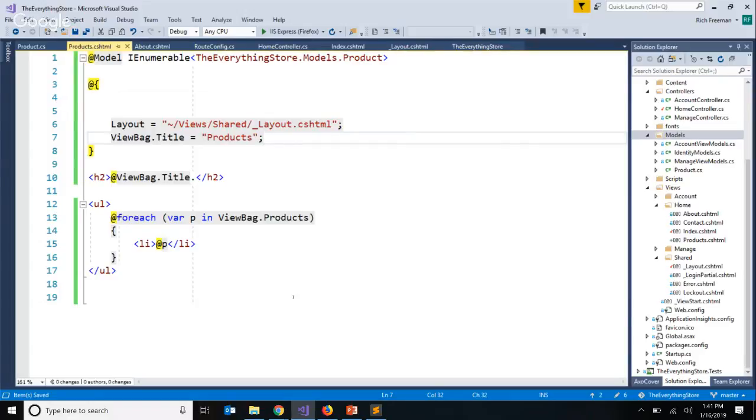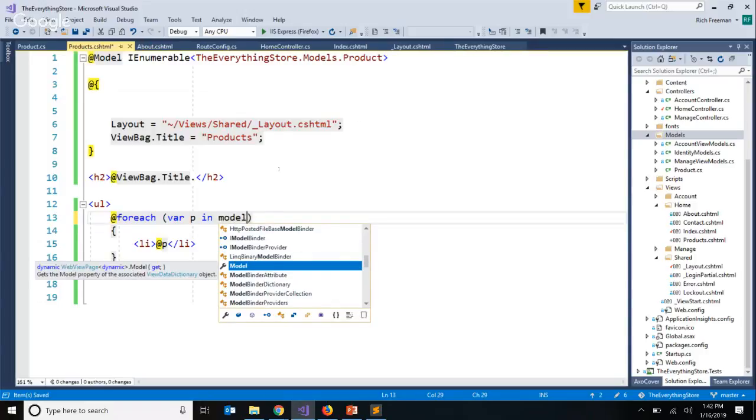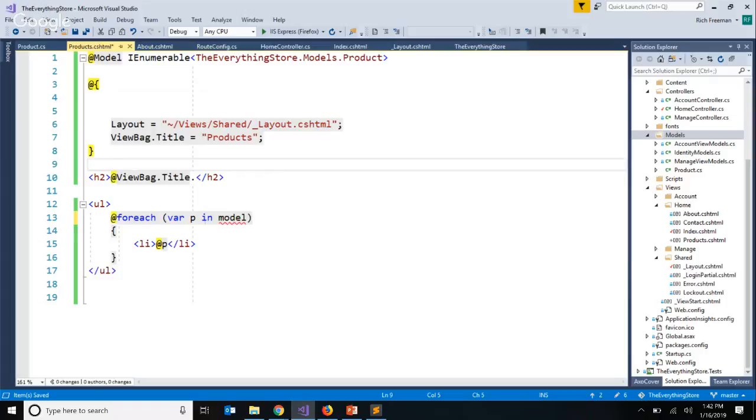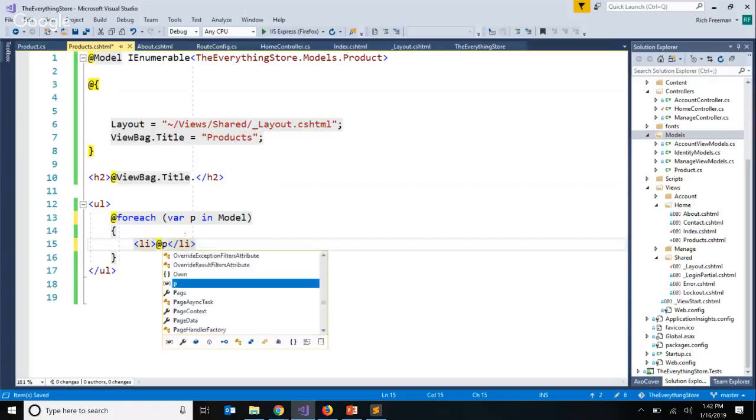So expect a list of type product coming in. So now this code is going to get changed. If our model is a list of products, now we're handling a strongly typed object. So now if I type @Model,